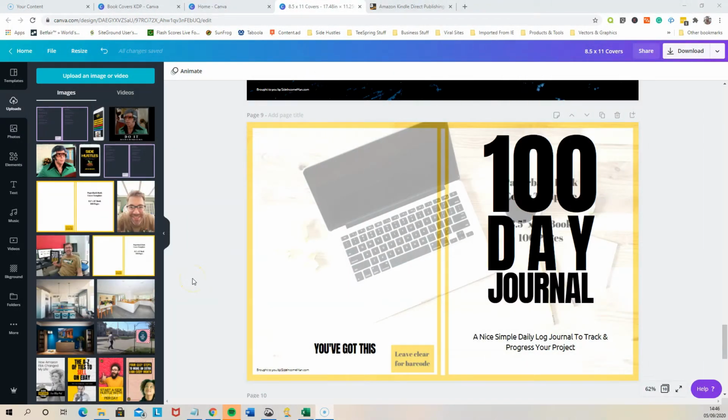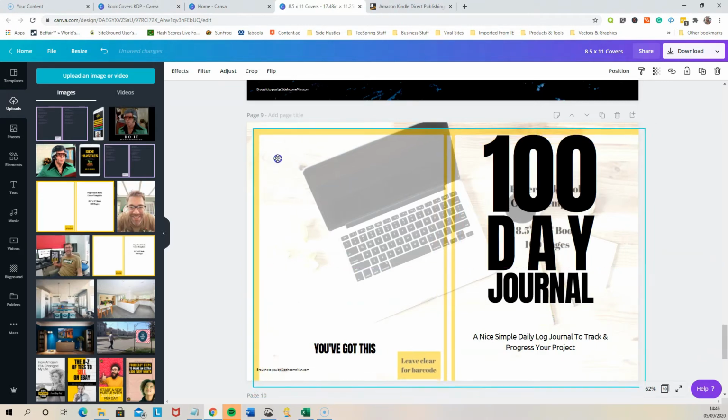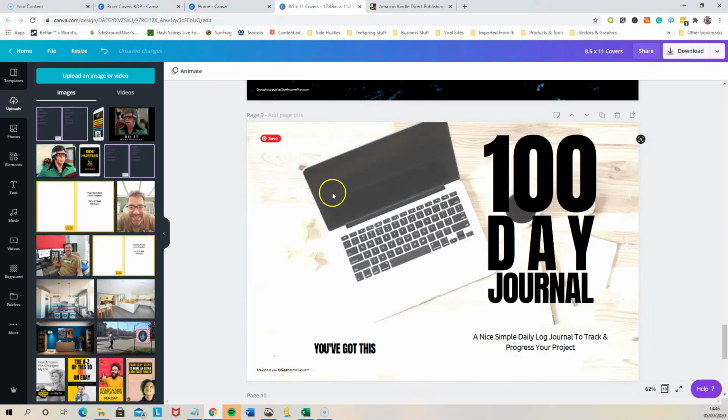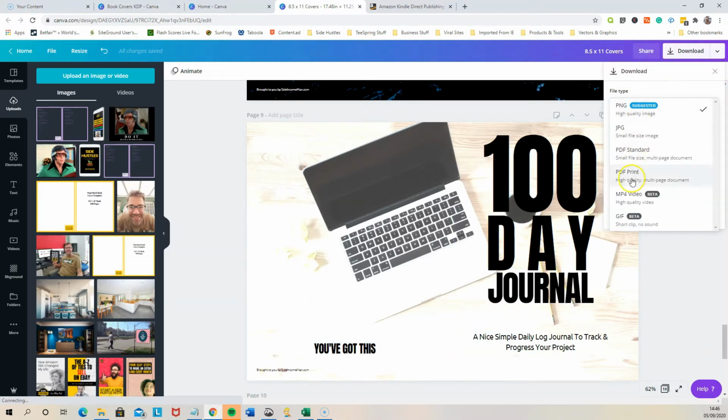Okay, so I'm inside Canva. So this is the latest design. You can see I've done the text, and I'm just going to remove our little template there. So I'm just going to delete that, and then we're going to download this, but we want to download it as a PDF,